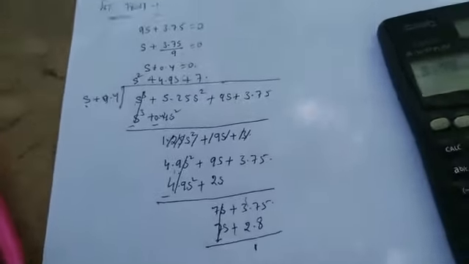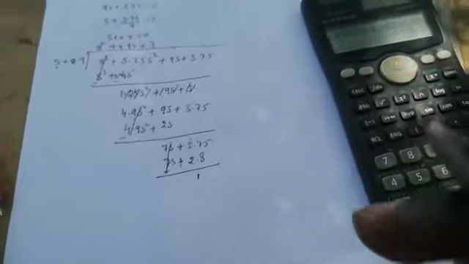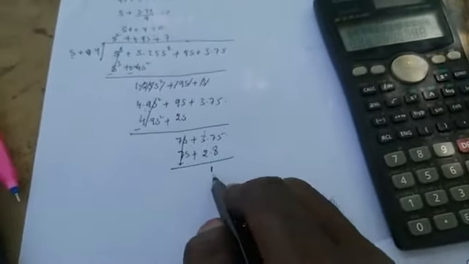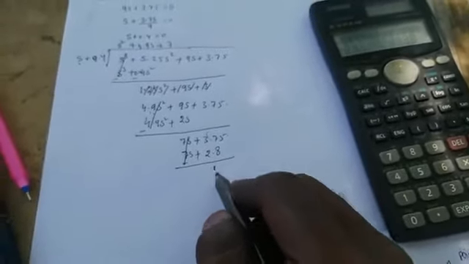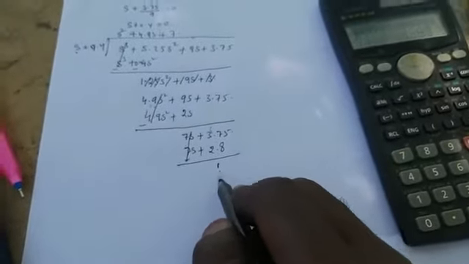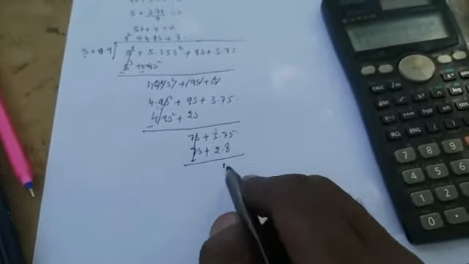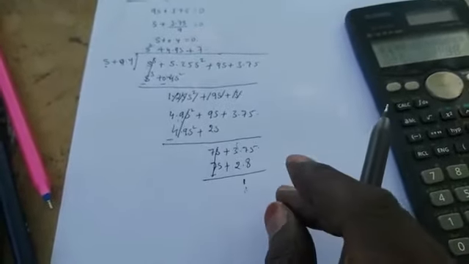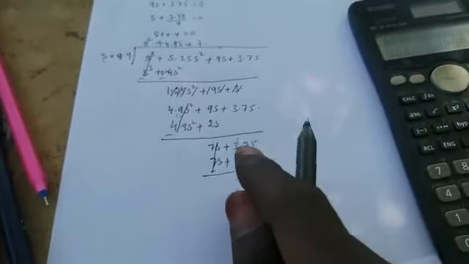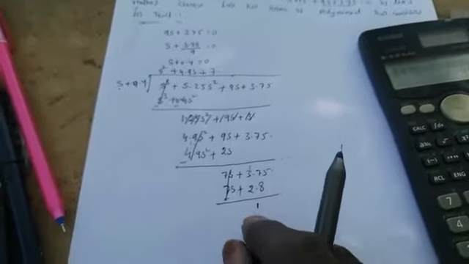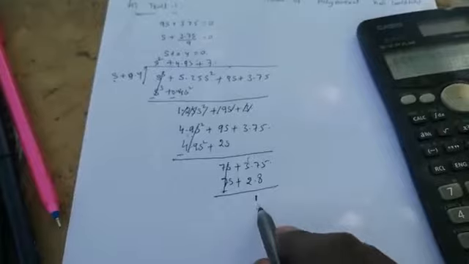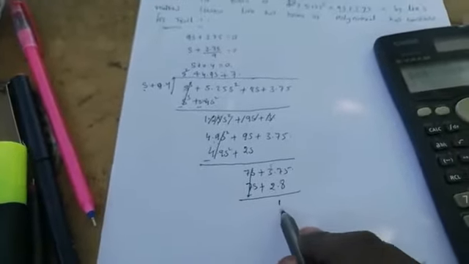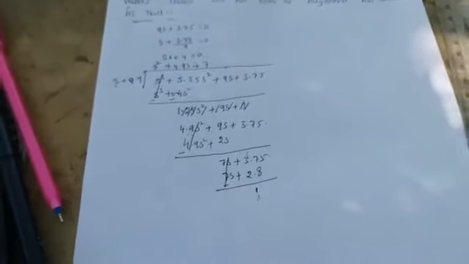So until how many trials do we have to do? This value should be the least value. It should be approximately 0 but not equal to 0. Approximately means you have to get 0.01, so it should be less than 0.1. Until then you have to proceed with this trial method. Here we are getting the highest value, that is 1, so we have to go for trial 2 again.